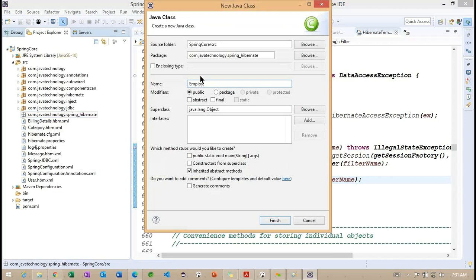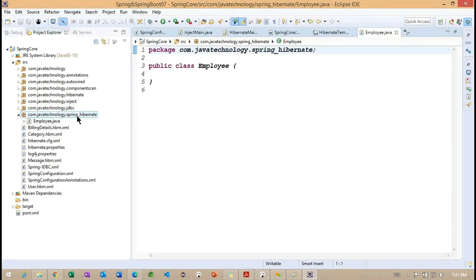First, I want to create a model class, Employee. Inside this particular spring_hibernate package, I'm creating one model class called Employee. Long id.